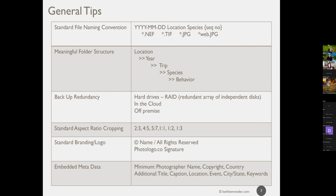One of the things that I suggest, I would say I don't abide by it 100% of the time, is that there be a standard aspect ratio that you use for cropping. I will try to apply that to start with, but if it doesn't work for me compositionally, then I don't use it. But when you're selling your images and people are wanting to make a print or to have something framed, by sticking to, as much as you can, standard aspect ratios like 2:3, 4:5, 5:7, 1:1 for squares, and then 1:2 and 1:3 for panoramics,